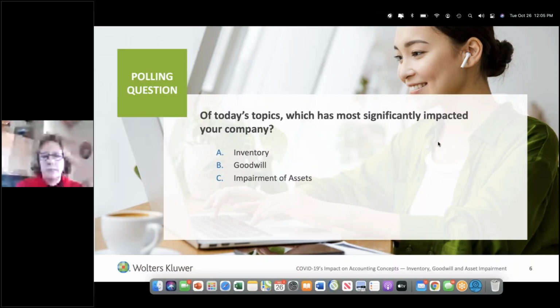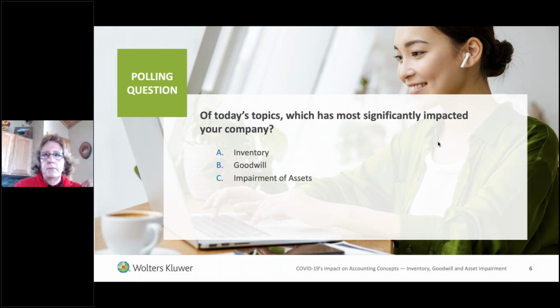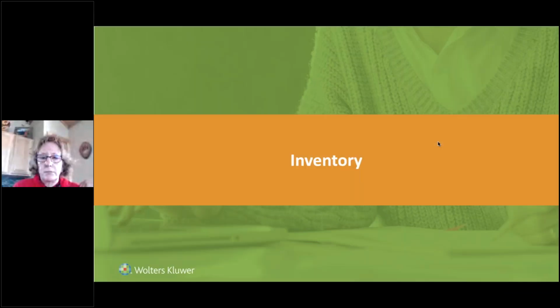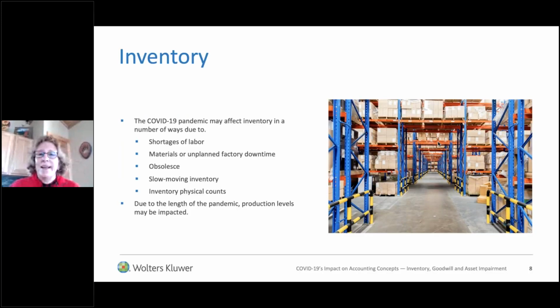So it looks like 41% said inventory, 17% goodwill, and 42% impairment of assets. Okay, all right. Well, goodwill or inventory and impairment of assets seems to be the biggest one. So let's talk about inventory. That's our first one. Now, COVID-19, I like to think, as an accountant, that we have these standards and these